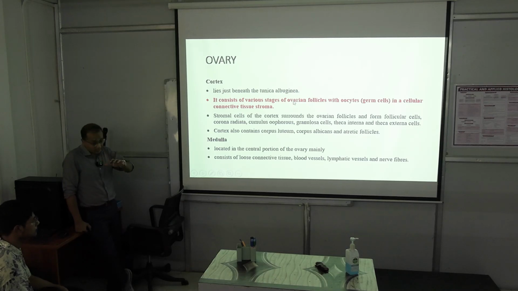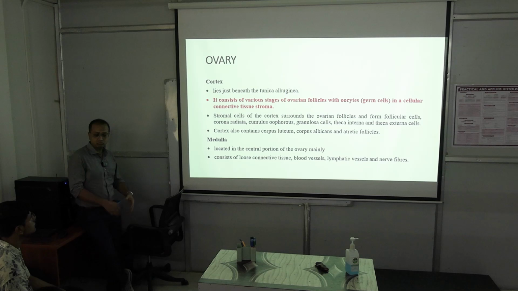Now these ovarian follicles are of different stages and different looks. They are of different size, shape and look, and that's why we call these follicles by different names. We call them primordial follicle, primary follicle, secondary follicle, Graafian follicle, and the dead follicle, which is known as the corpus luteum. So these are the different stages of follicles that can be seen within this whole ovarian tissue,